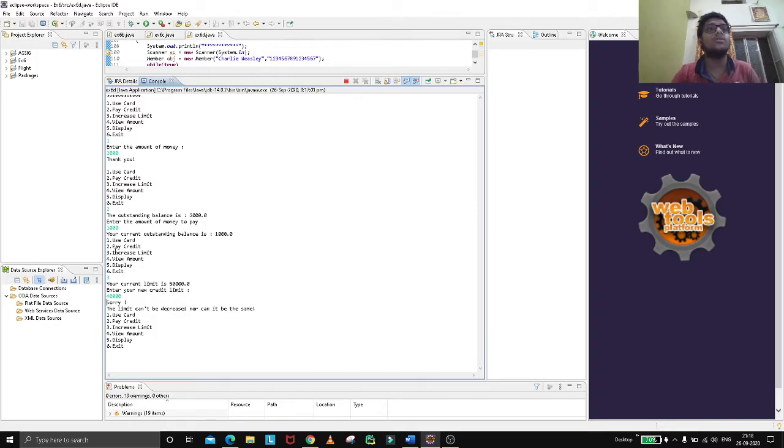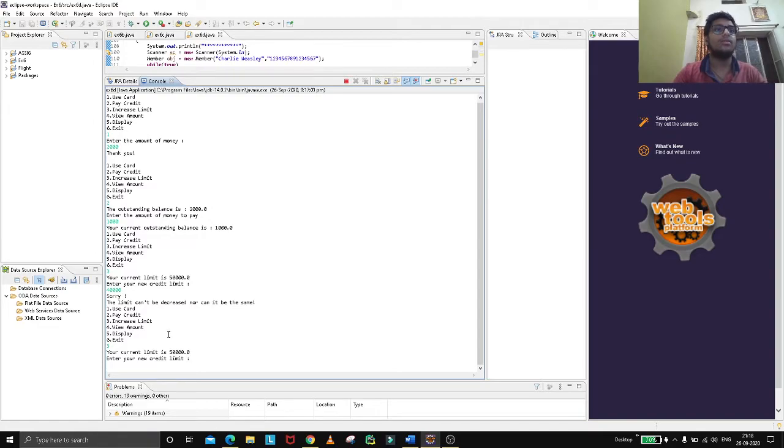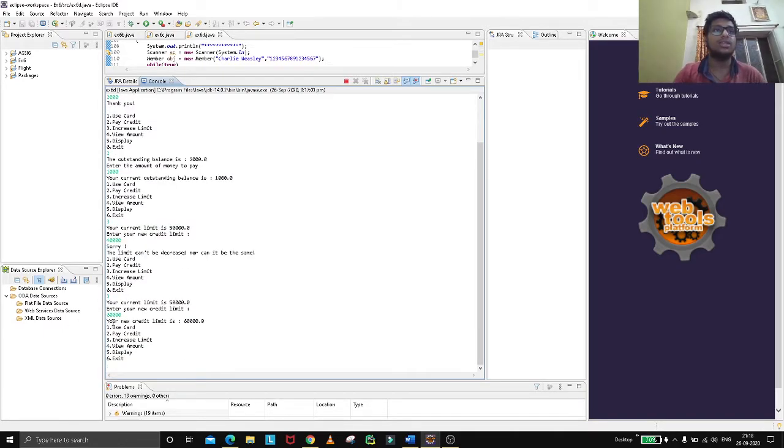So the increase limit function will only increase it, so we have to give a higher value, like 60,000. So yeah, your new credit limit is 60,000.